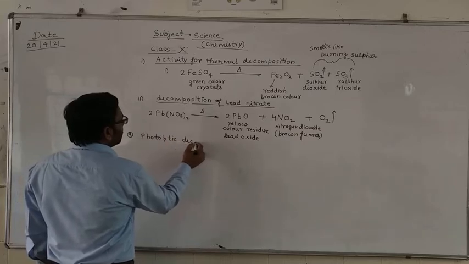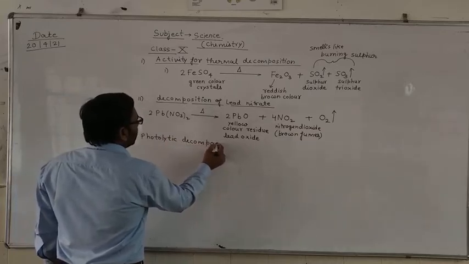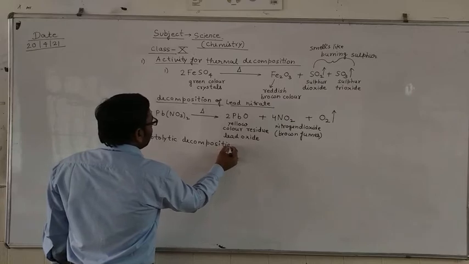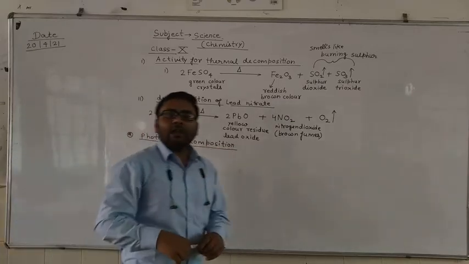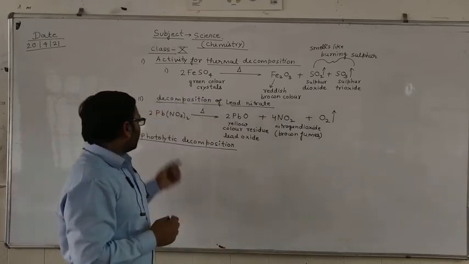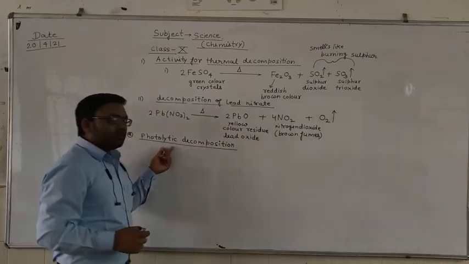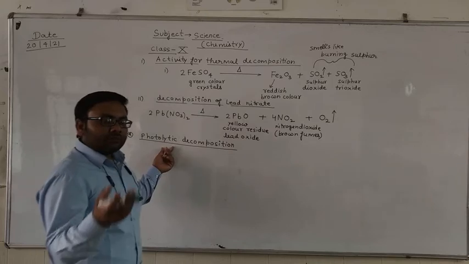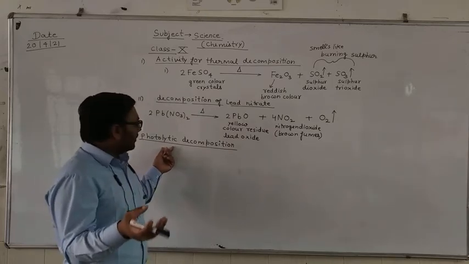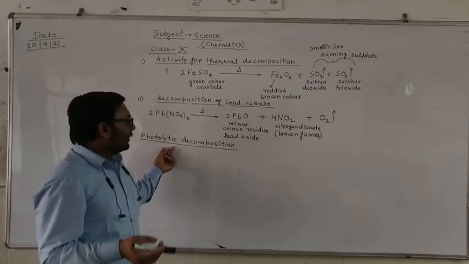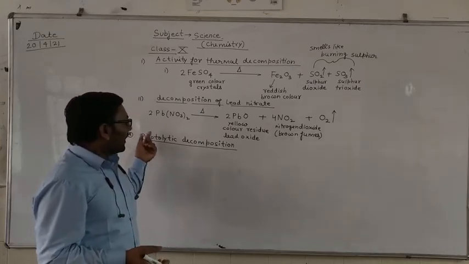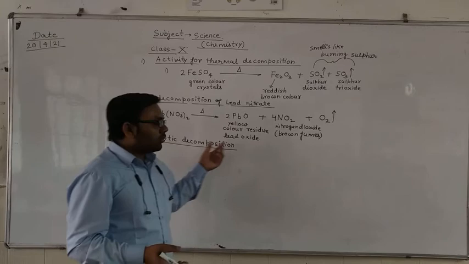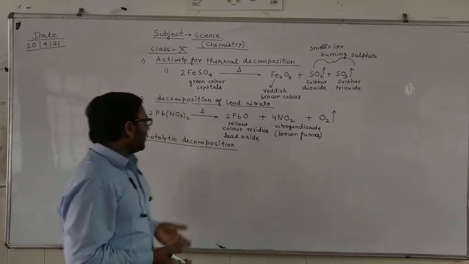Photolytic decomposition. Photolytic means the breaking of a substance with the help of sunlight. Photo means light, so breaking with the help of light. So photolytic decomposition means when we put a sensitive substance or compound in the presence of sunlight, then that substance absorbs the sunlight and decomposes